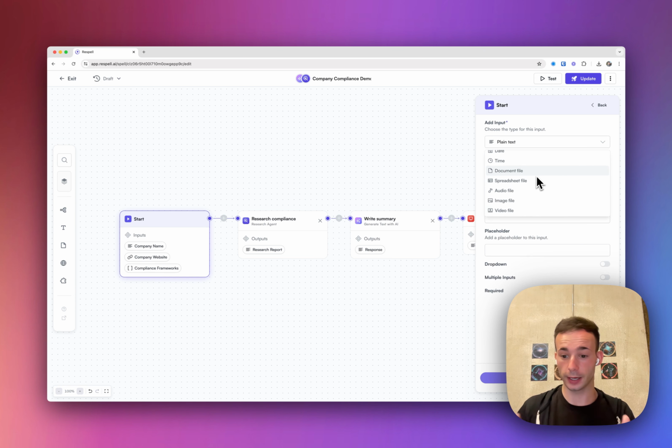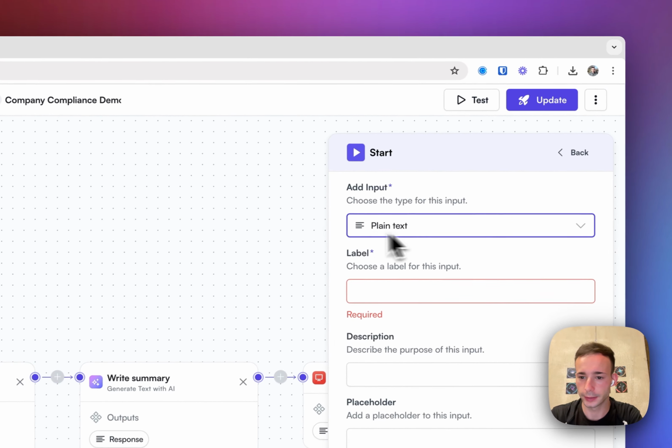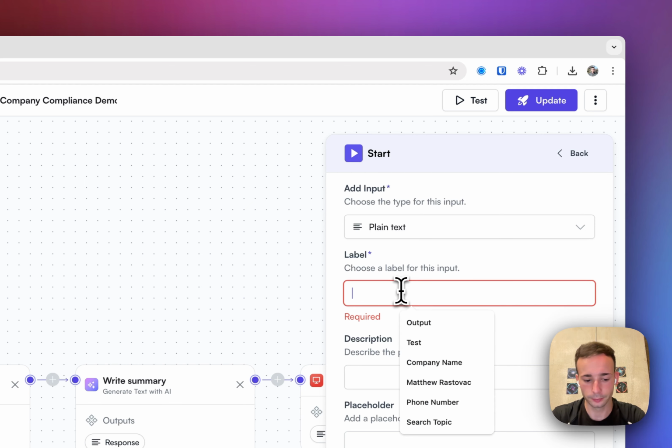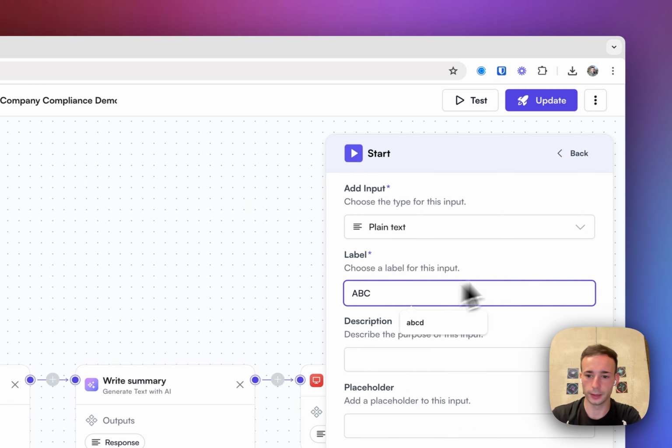And we break files into 5 different parts: documents, spreadsheets, audio, image, and file or video. And that helps us to say if we want to convert the document to text, or if we want to do some work on a spreadsheet, like count the columns, or get the transcript out of the audio or image file or video file. So selecting your type, hopefully that's mostly self-explanatory, but then you add a label,